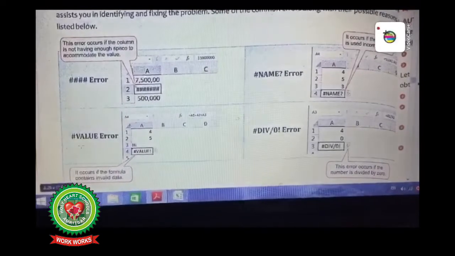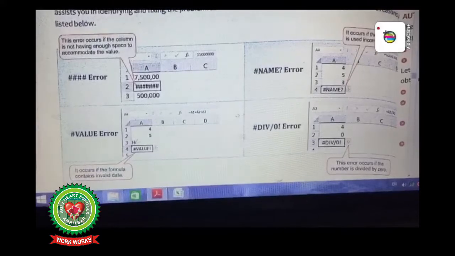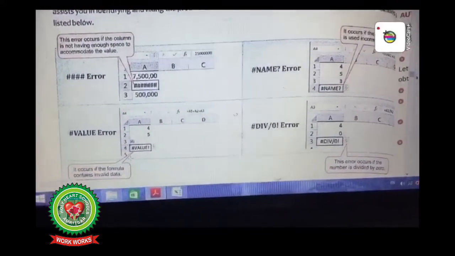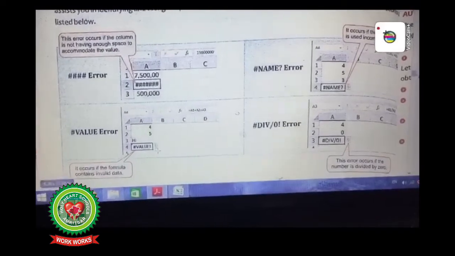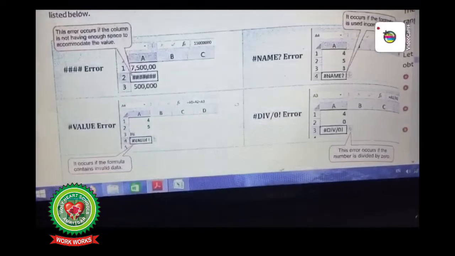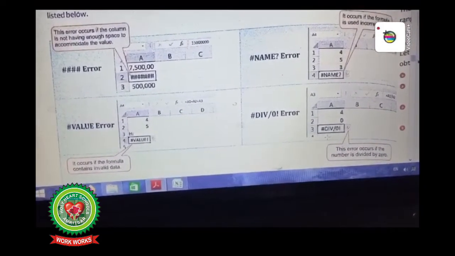Third type of error is the value error. Value error occurs when we write some value that is different from the other values, then we will get the invalid data error. Fourth type of error is the division error. This error occurs when we divide some number by 0.